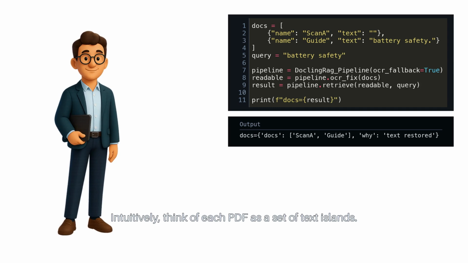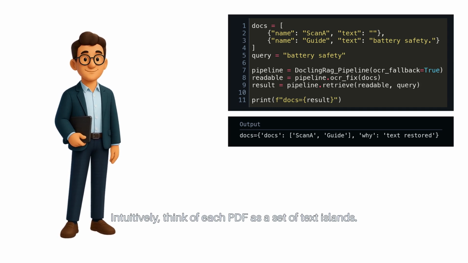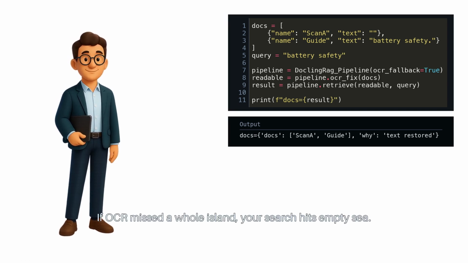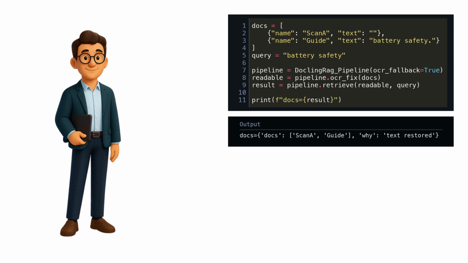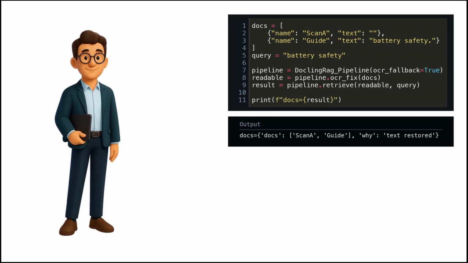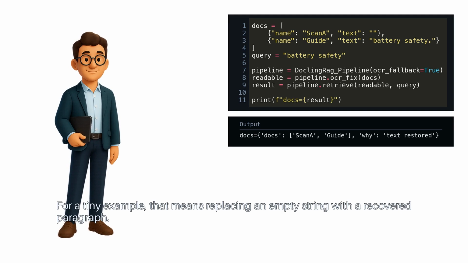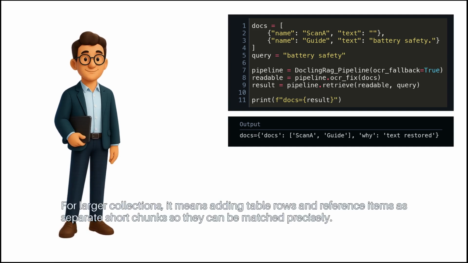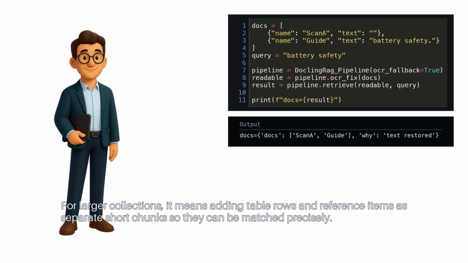Intuitively, think of each PDF as a set of text islands. If OCR missed a whole island, your search hits empty sea. We create a fallback lifeboat that pulls the island back into the index. For a tiny example, that means replacing an empty string with a recovered paragraph. For larger collections, it means adding table rows and reference items as separate short chunks, so they can be matched